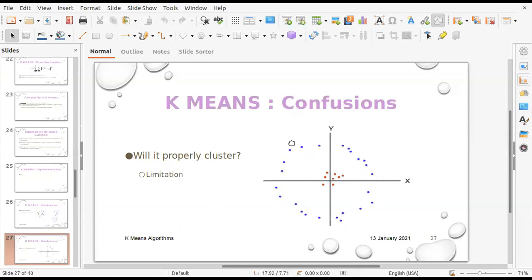Maybe we can form a cluster of this size, or this as one cluster and this as another cluster. So these are the typical examples where there could be confusions, and as a developer, you should be able to address these confusions and handle these kinds of confusions properly in the code.